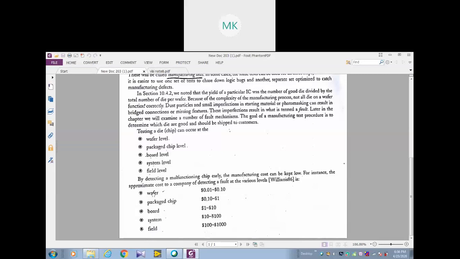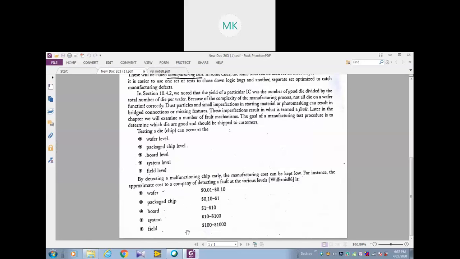If we find the fault at the wafer level, the cost will be $0.01 to $0.10. If we find the fault at the packaged chip level, the cost will be $0.10 to $1. Like that, if we find the mistake in the early stage of manufacturing, then we can reduce the manufacturing cost.